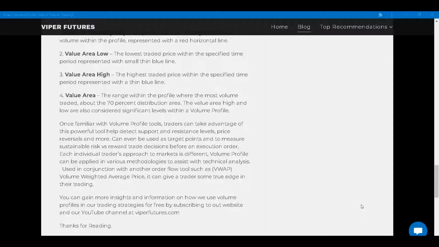Target points, and we'll show you guys here soon. Trade decisions you can make before an execution of an order. So, for example,